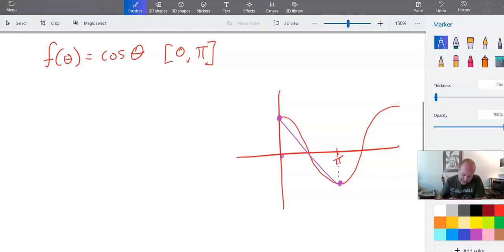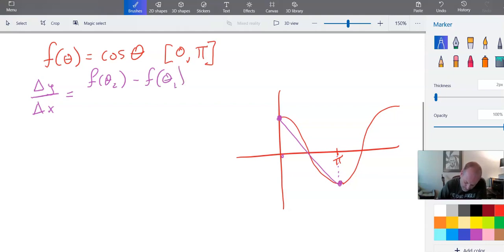Okay, so let's do this. Again, we're looking for change in y over change in x. Right? And so that's going to be f of x. Oh, it won't be x this time. f of theta 2 minus f of theta 1 over, well, let's write it correctly, theta 2 minus theta 1. Right? So that's what we're looking at. Okay, so we just need to compute these things. So I need f of 0,